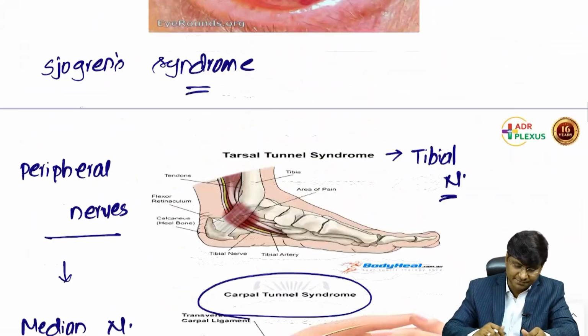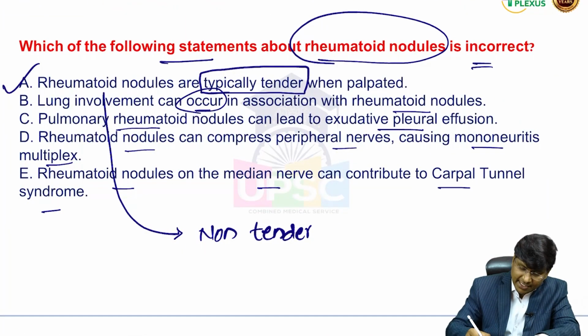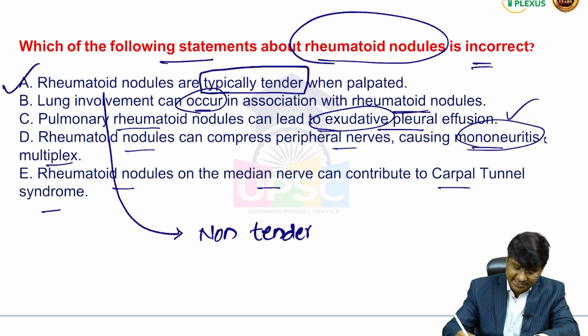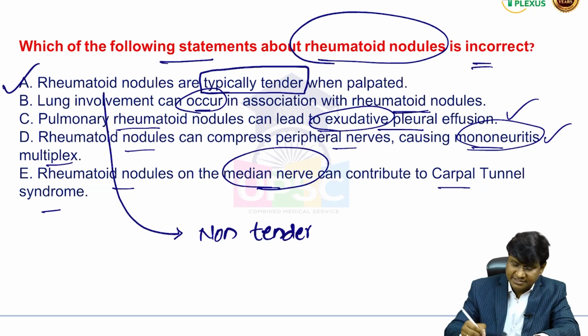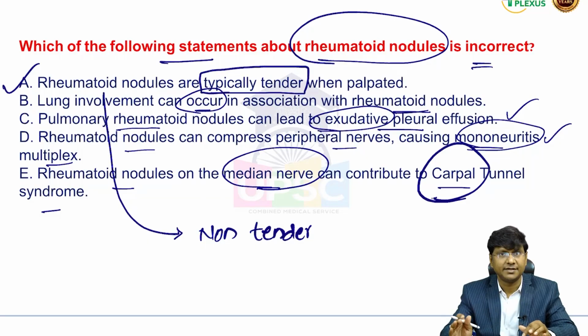So going back to the question, lung involvement can occur associated with rheumatoid nodules, correct? Pulmonary rheumatoid nodules can have exudative pleural effusion, correct. Mononeuritis multiplex, that is your carpal tunnel syndrome and tarsal tunnel syndrome, that is correct. And rheumatoid nodules can compress the median nerve and contribute to carpal tunnel syndrome, which is also a correct statement, right? Then,